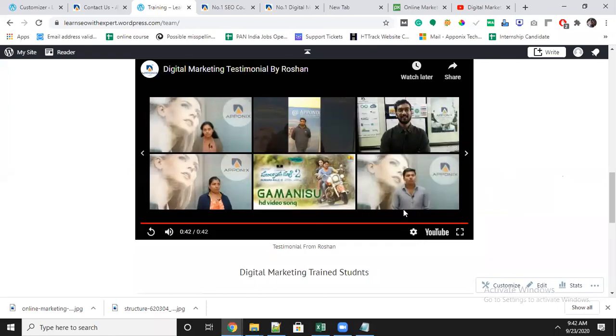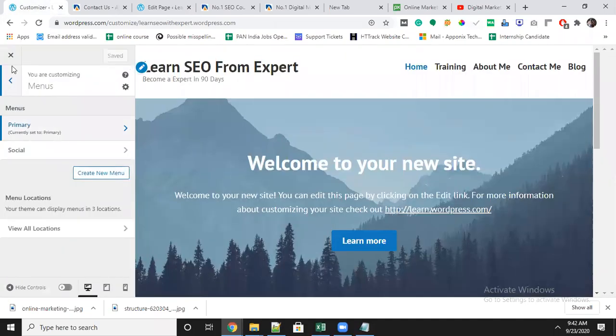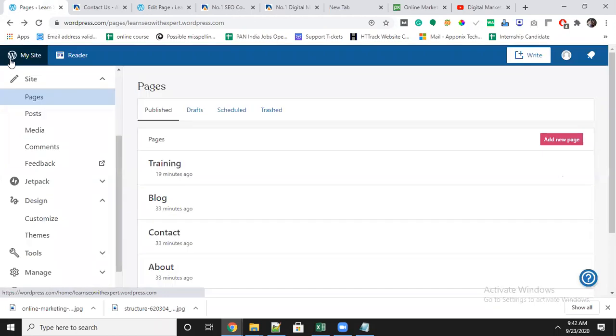Okay, now see, I have embedded it here. These are the options also. Now, if you want any sections, you can add the blocks here. That is possible. Now you got the idea about any pages. If you want, you can add a new page. If you want, you can customize it. It is there with you.